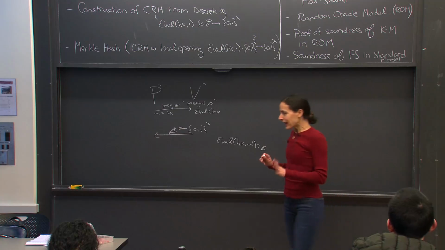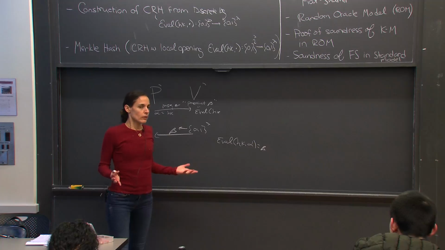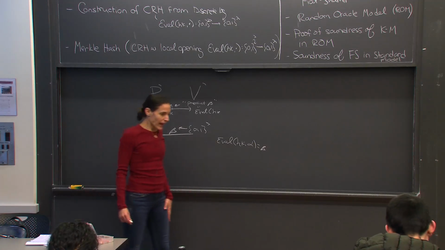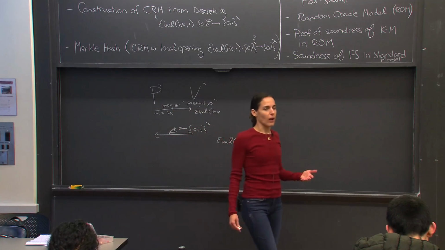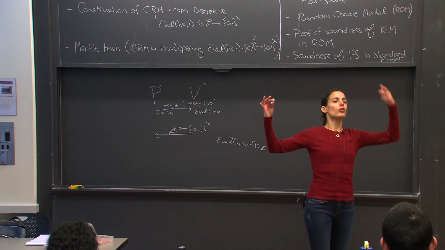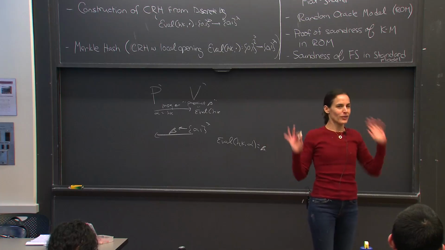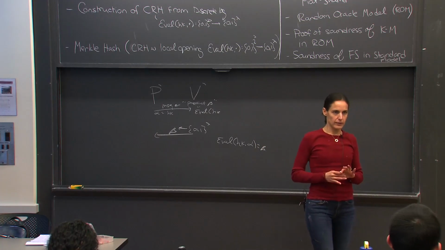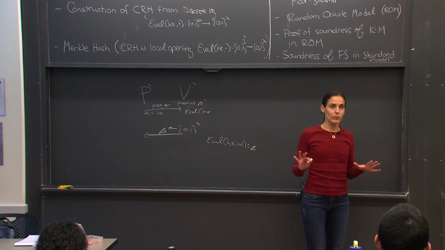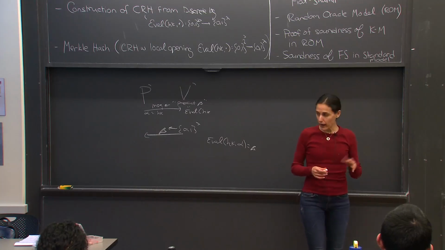Okay, but still people use the Fiat-Shamir paradigm, and there's a question of, is it sound for natural protocols? It would have been nice if we could come up with a large class of protocols and say, yeah, if you use this specific hash function, which we know is collision resistant under discrete log or under some other assumption, then your scheme is sound. That would be very nice. We're still not there yet, but we made a lot of progress in recent years, and I want to tell you about the progress. But before that, the first